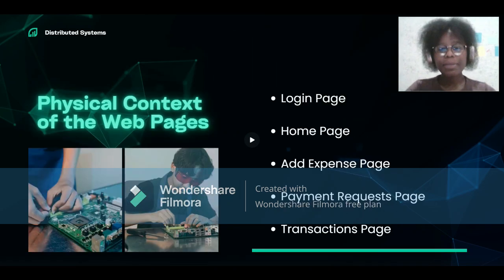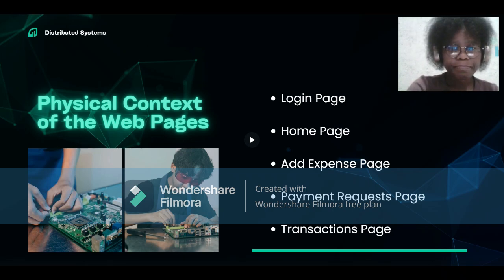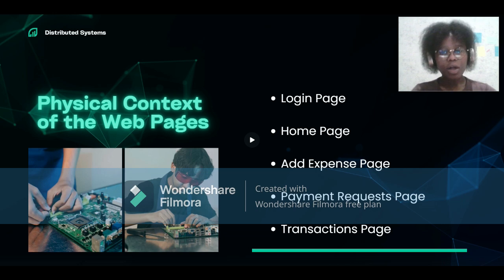Let's take a look at the main features for WeShare. We start with the login page. Since WeShare is a simple expense tracker, all that's needed is to log in with an email address. Once you're logged in, you're directed to the dashboard where you will see an overview of your recent expenses and